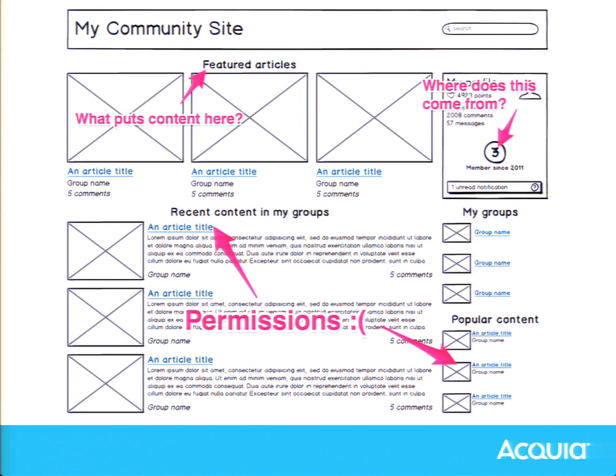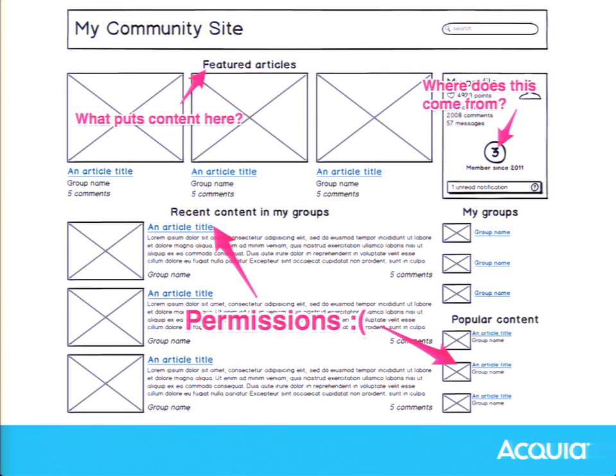In the user profile block, again, we talked about notifications. Maybe we yank that out so that we can more effectively cache the profile block. And then, maybe reputation points come from all over the place, and reputation gets updated all the time, and maybe it makes sense to yank that out as well.